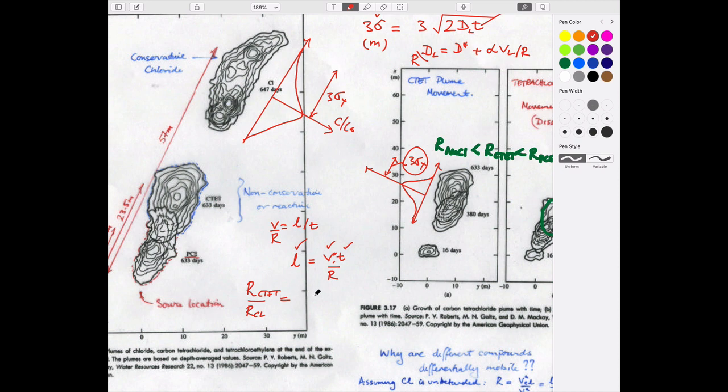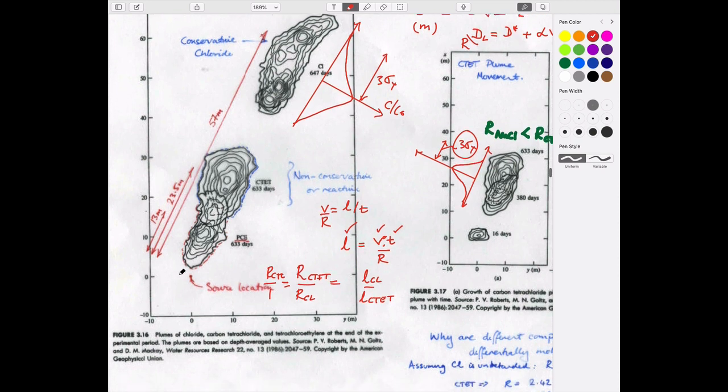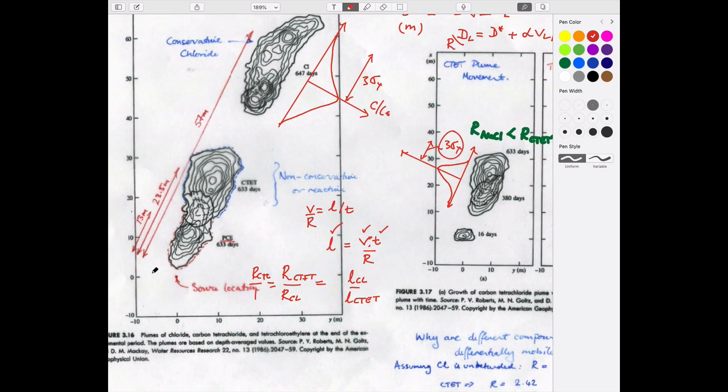So this is going to be proportional to the length of the chloride divided by the length of the carbon tet, hopefully. So if that's right, this is a number which is large, this is a number that's small, and so this will be 1. And so by just looking at the ratio of these two lengths,